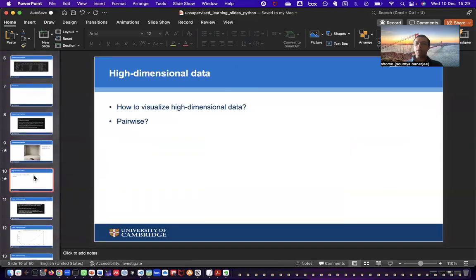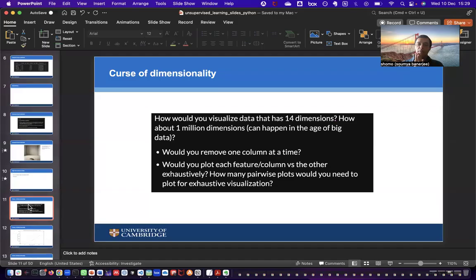Again, in my class, I'm constantly trying to impart these concepts and these basics, which is something that I really want to communicate and want students to learn, because once they get these concepts, then they can build up on these things. Another concept that I usually really hammer to students is that, well, if you have 14 dimensions of data, can you just not remove one column at a time, or visualize two of these features pairwise, visualize two features at a time?